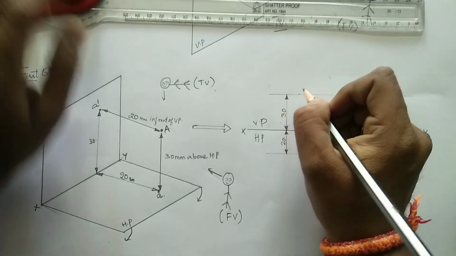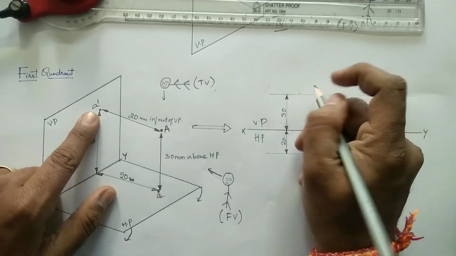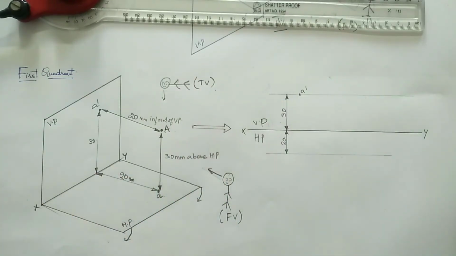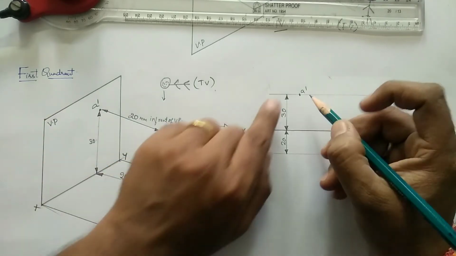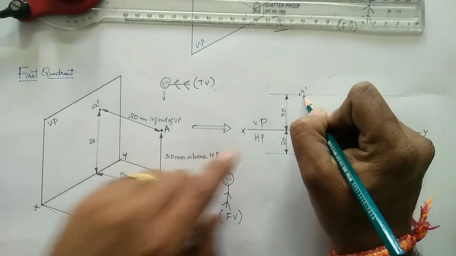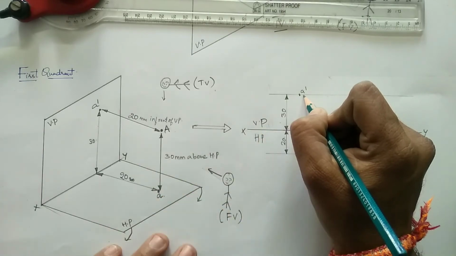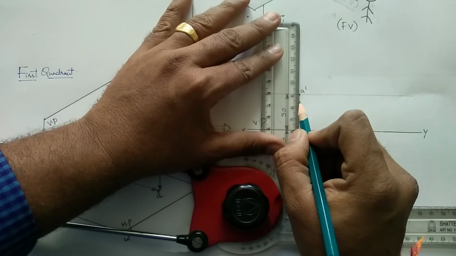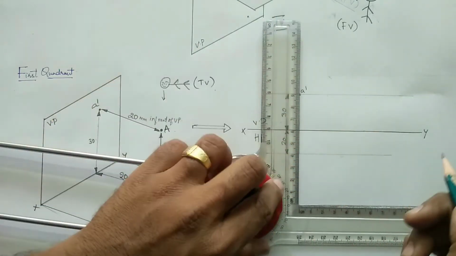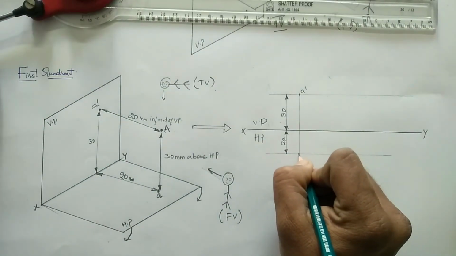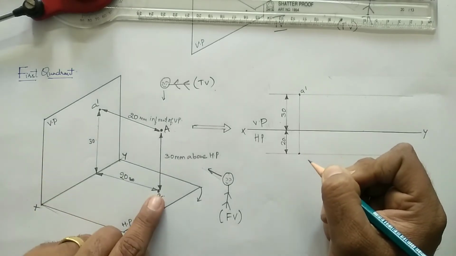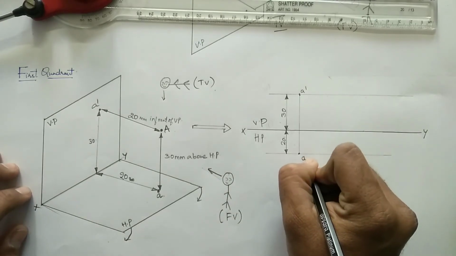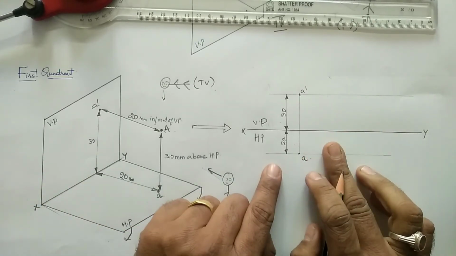Marking the point, it is given on the vertical plane, so we mark it as A dash, where you have located the front view projection on the vertical plane. On the same path, using a 2H pencil, draw the projection line in order to locate the position of the top view point also. So this point also you need to locate here and mark it as A. This is what you have to draw.